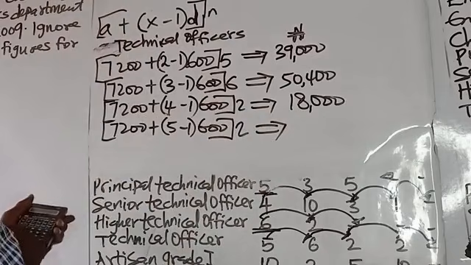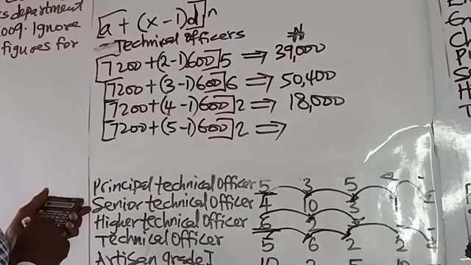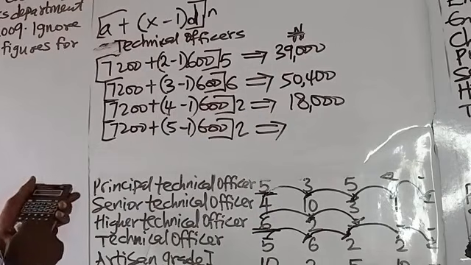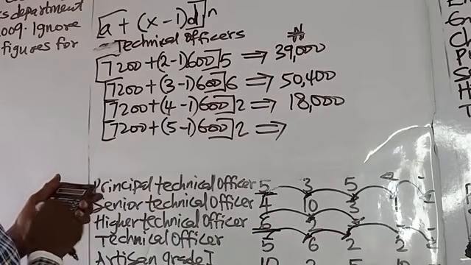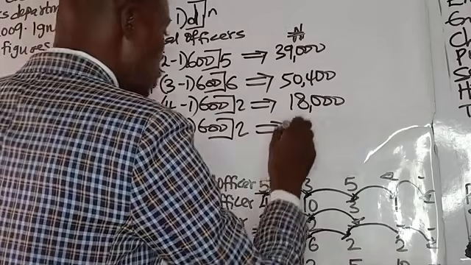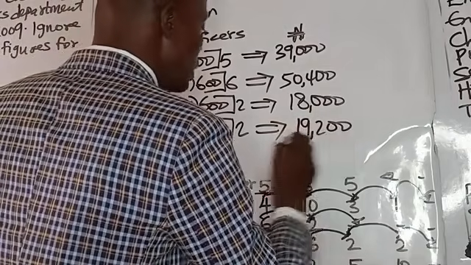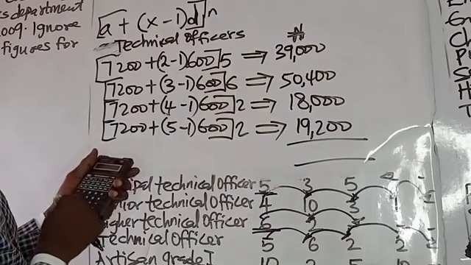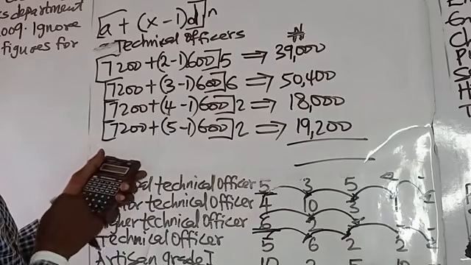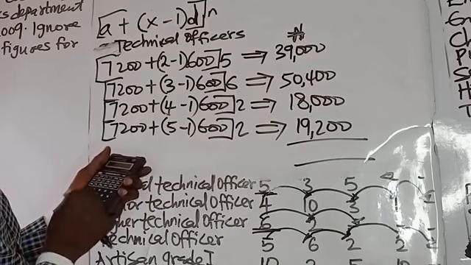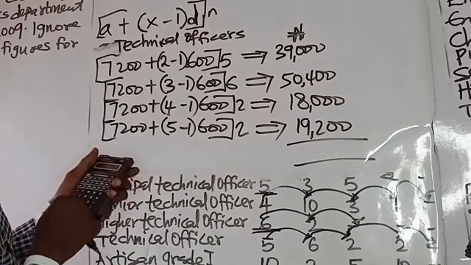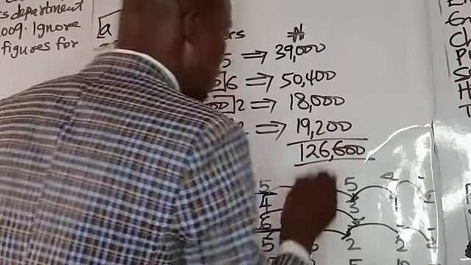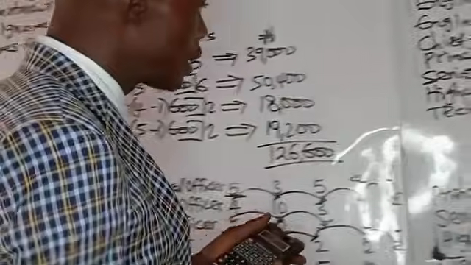5 minus 1, that is 4. 4 times 600, that is 2,400. Plus 7,200, we have 9,600 times 2. So we have 19,200. So if you sum it up, plus 18,000 plus 50,400 plus 39,000. So that is totaled 126,600. So technical officer,